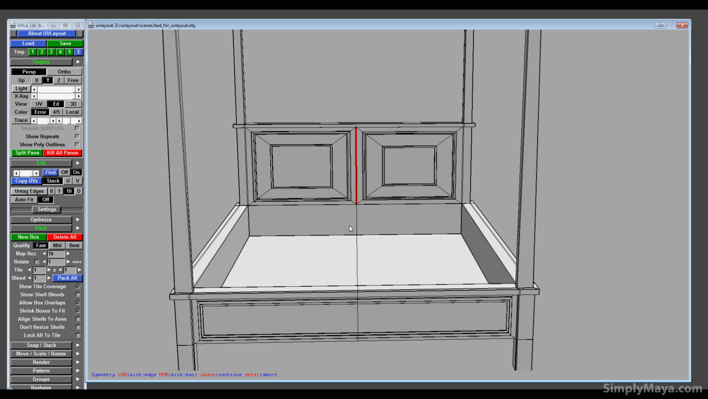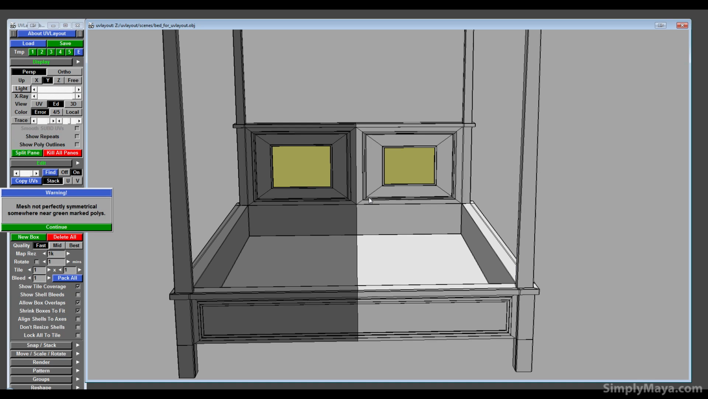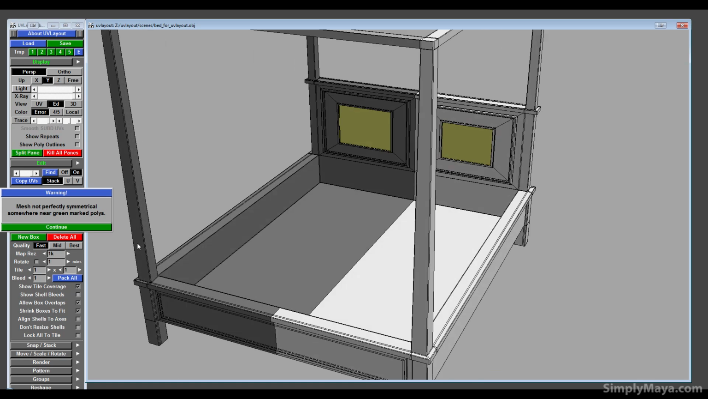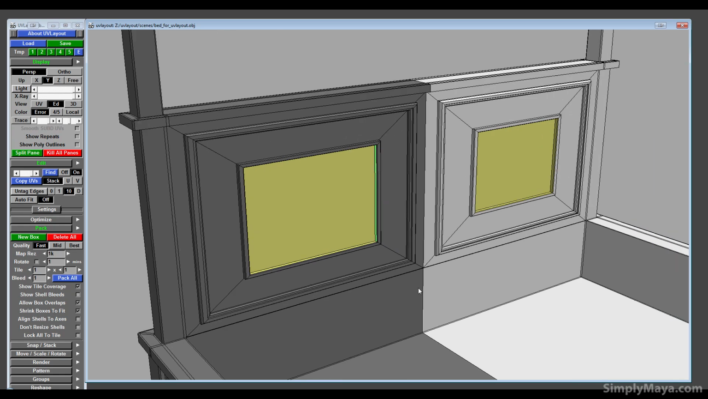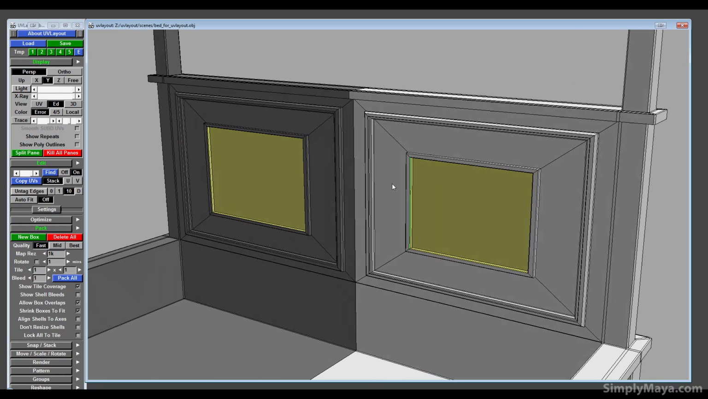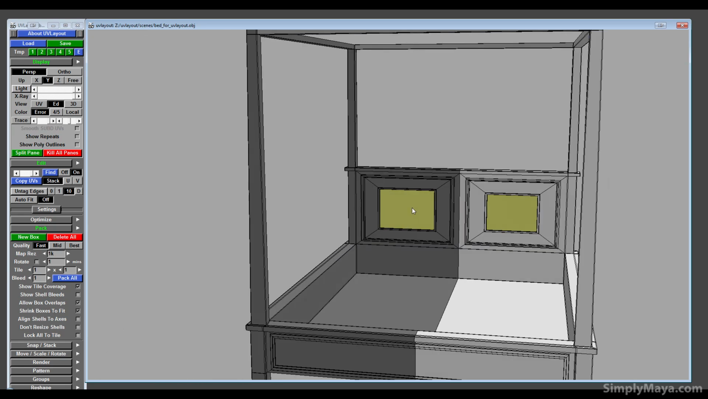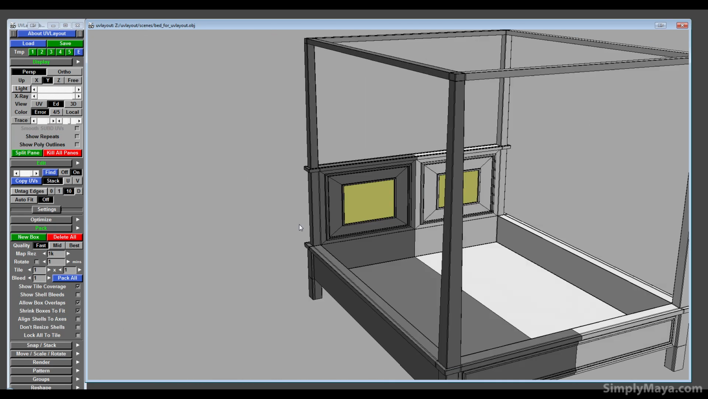So I'm going to click here and I'm going to press spacebar. Now normally Headus UVLayout will tell you what keys to push down here. So left mouse button, pick edge, spacebar, continue. Alright, and the grey is where it's symmetrical, and this yellow is where it's not, and you'll see the mesh is not perfectly symmetrical. So I think what's probably happened here is these pieces have a different bevel on them. So we can't work with this small part of the mesh in symmetry, but that's fine,